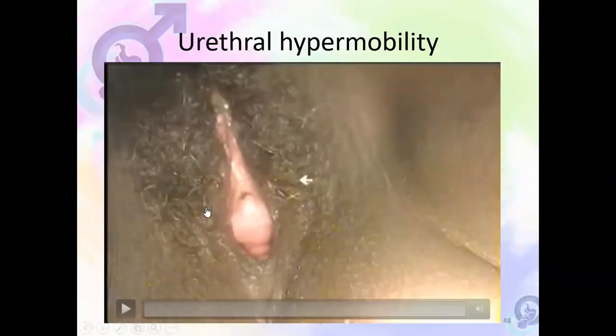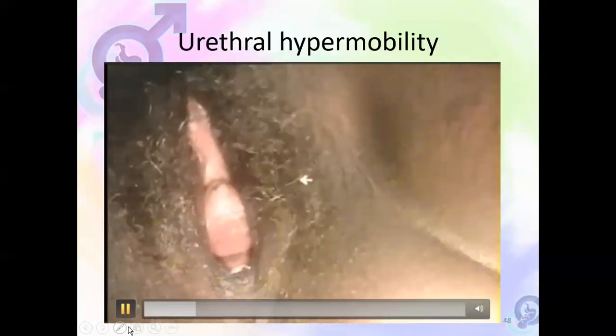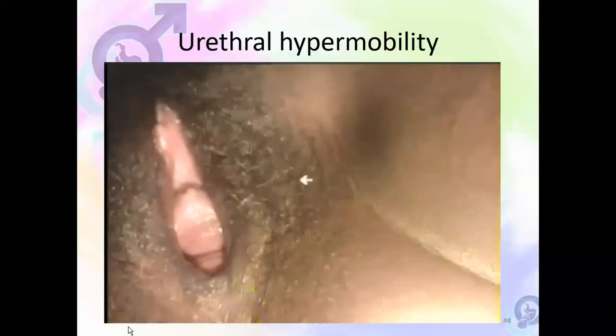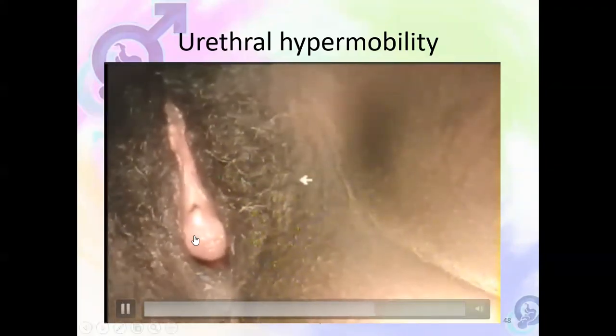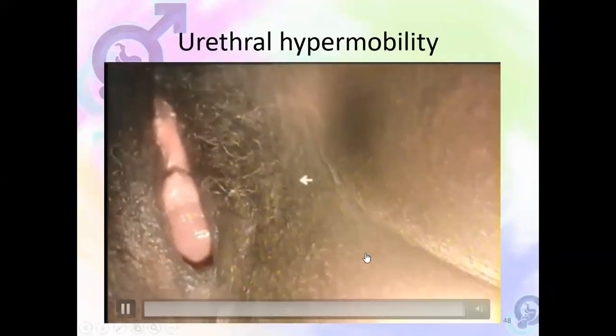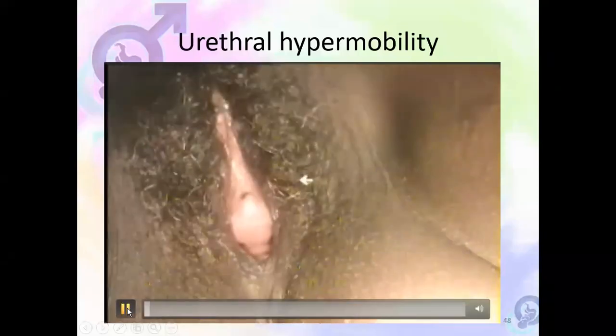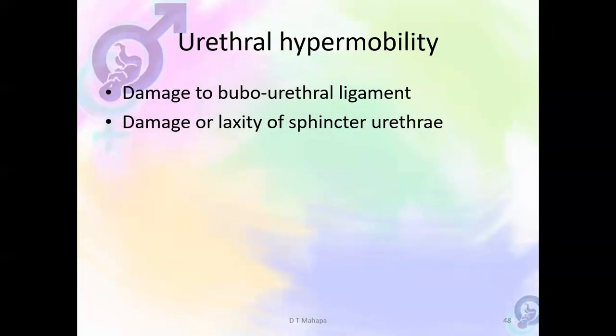You can just look. You look at this woman. She's like this. You ask her to strain. You look at the urethra with your own naked eye, and you'll see what the urethra does. It faces upwards there. You can estimate that it's more than 30 degrees, and then there is also a urethrocystocoel coming out here. I think it's very uncomfortable to put something inside the urethra while the patient is awake. You can just look at how the urethra deviates. It deviates upwards more than 30 degrees, and we'll be able to estimate how much this urethra has deviated.